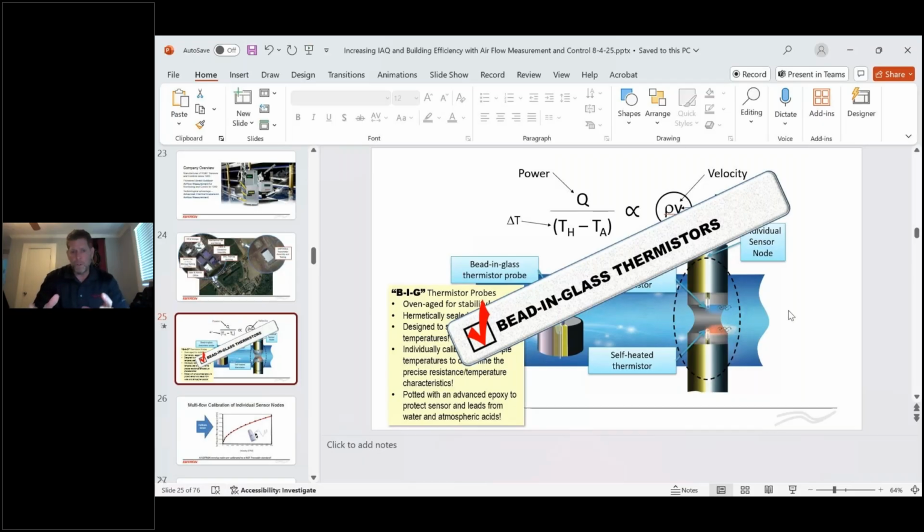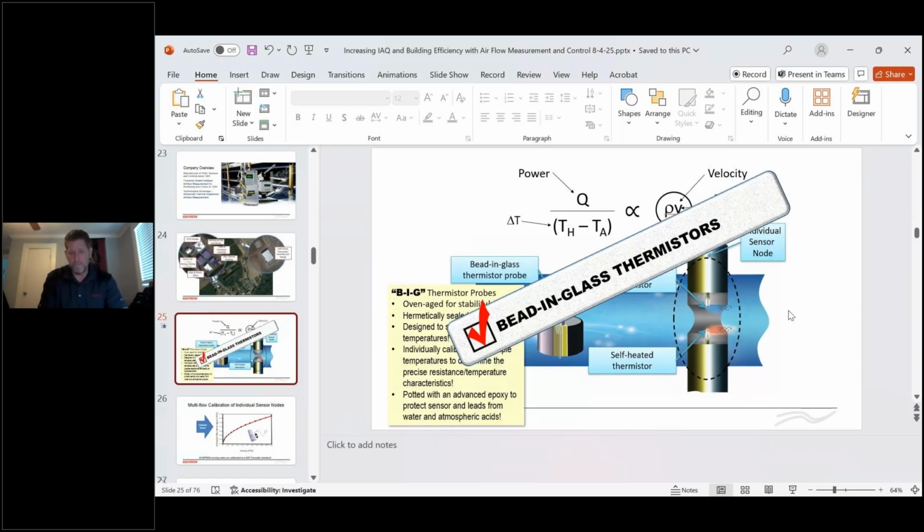As air flows through that sensing node, heat dissipates off that heated thermistor, thermal dispersion, right? As that heat dissipates, the current changes in that thermistor. The current that we're supplying to that thermistor changes. We know what that current is because we're the ones providing it. We know what the temperature difference is between the two bead glass thermistors, and therefore we can calculate velocity or